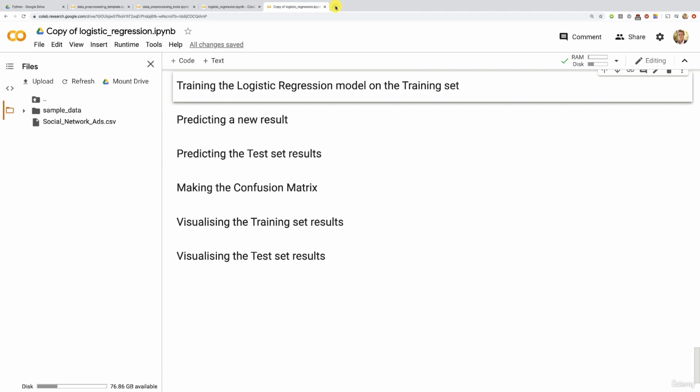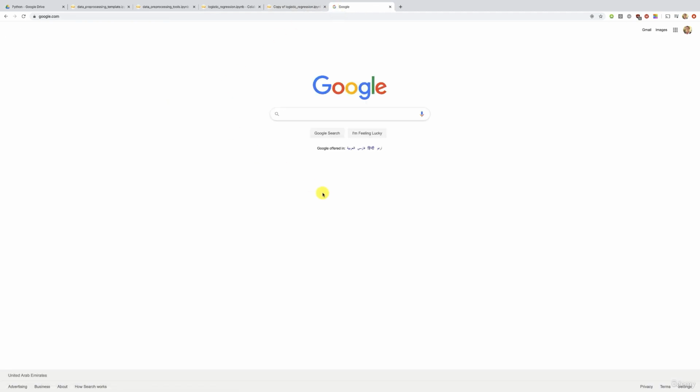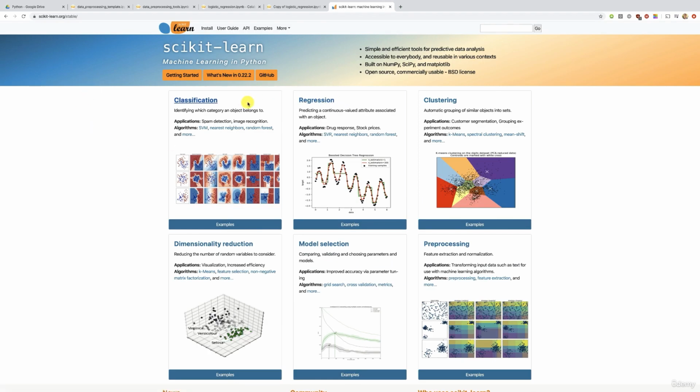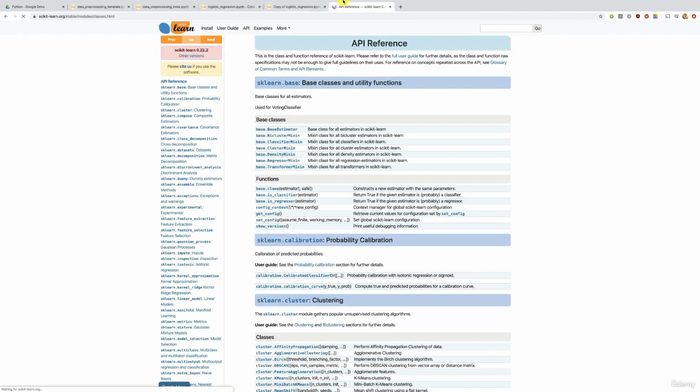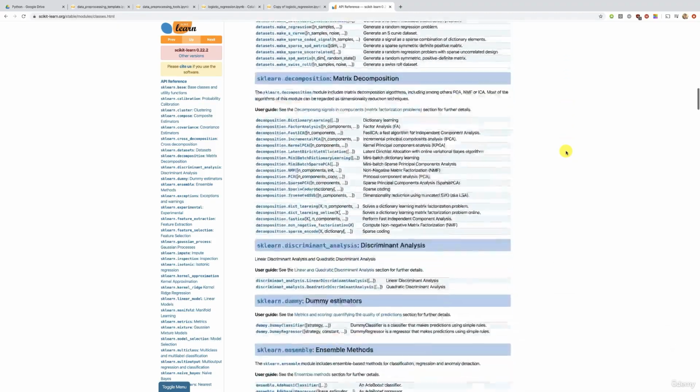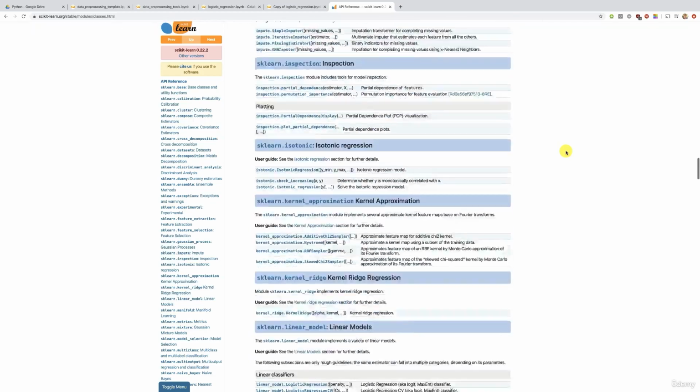Let's open a new tab here. And in the search bar, let's just type scikit-learn. Perfect. Let's press enter and go to the first link, which is the main page of scikit-learn. Then remember, it's good to go to API here. The other option was to directly type here in the search bar scikit-learn logistic regression class, okay? But I really want to show you again the API because indeed it contains everything, all the things you can do with scikit-learn. So now we're gonna scroll down to find classification, which is in a module below called linear